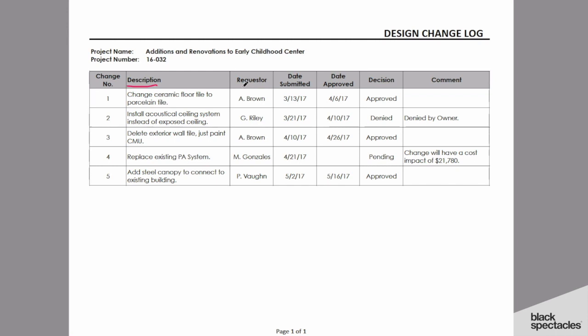Who it was that made that request, and in this case you'll notice that it's actual names. Typically, if there's a lot of people involved, it might be names and then the association that they have. So if it's somebody who works for the client, you'd see the client name there as well. Or if it's somebody that works for the bank, or a funder, or a code official, or somebody like that. So you have some way of backtracking through this and remembering who was actually requesting what